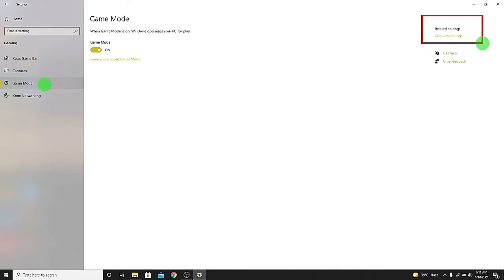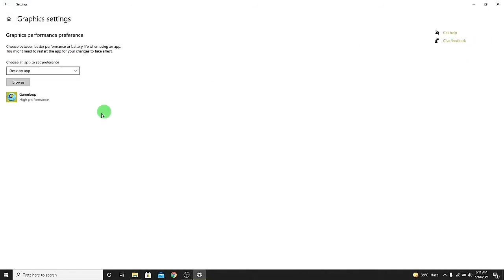Follow this tip. If you have no graphics card, it does not matter. Go to the Graphics settings. After going to the Graphics settings, add your game here. How will you add your game? Go to Browse. My game is in the E disk, so I am going to the E disk.